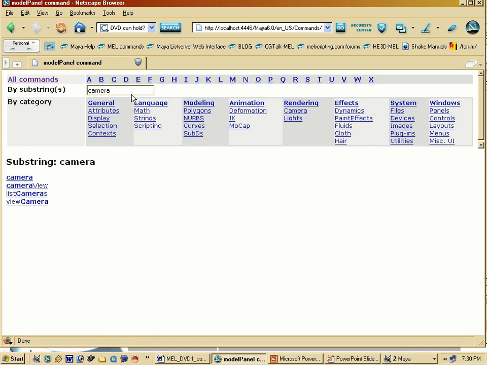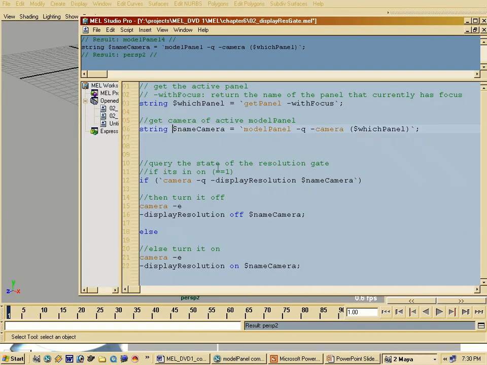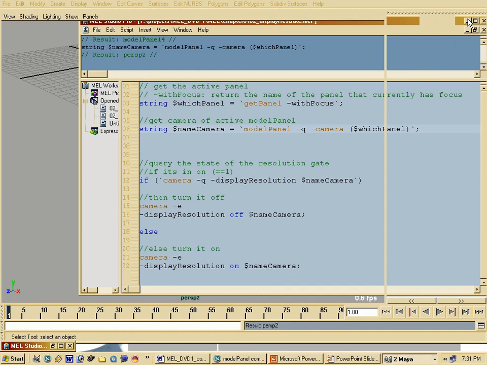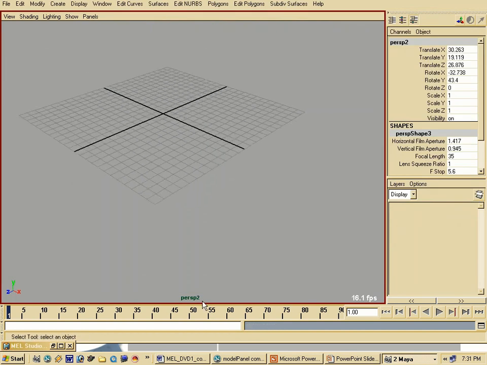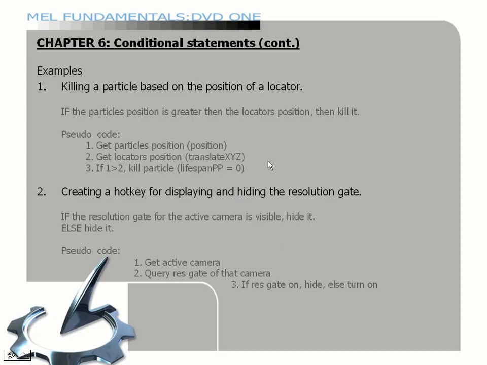So if you want to know information about a camera, or if you want to create a camera, look up camera, and you can see that it lists all the commands which have the word camera inside. So the next thing that we need to know is the state of the resolution gate, of the camera that is active right now, in this case perspective,